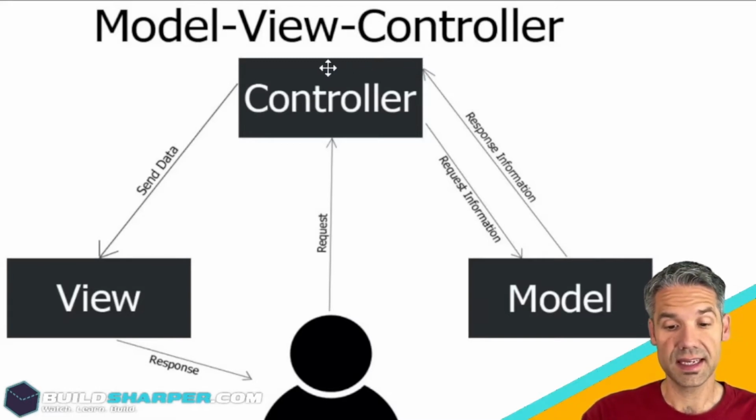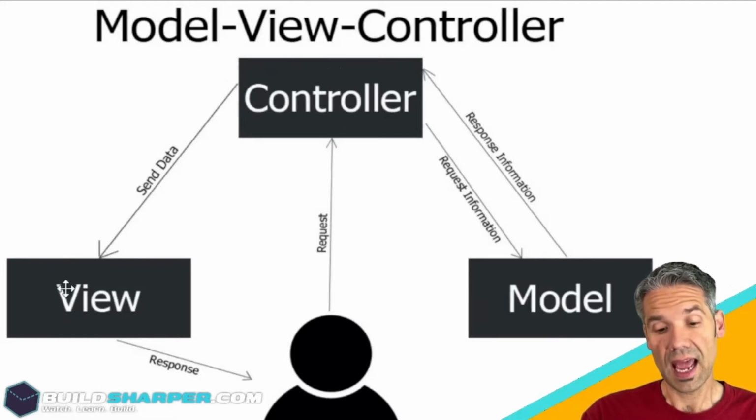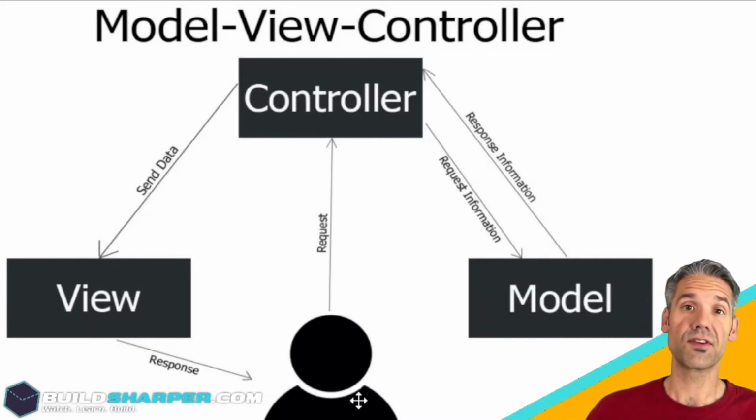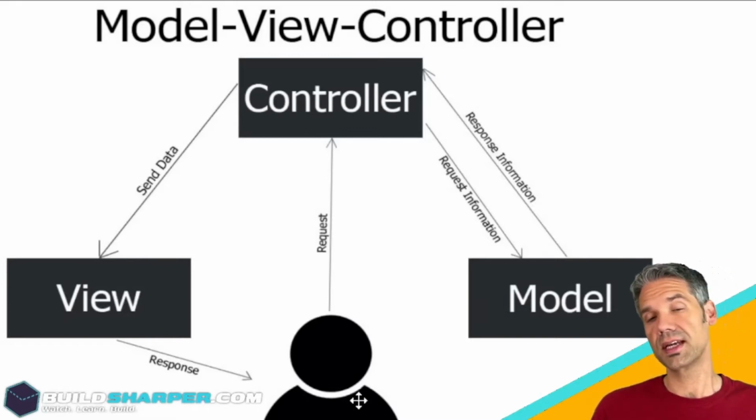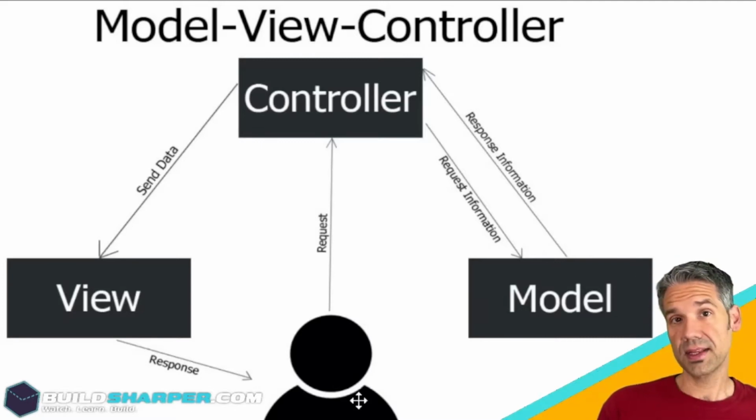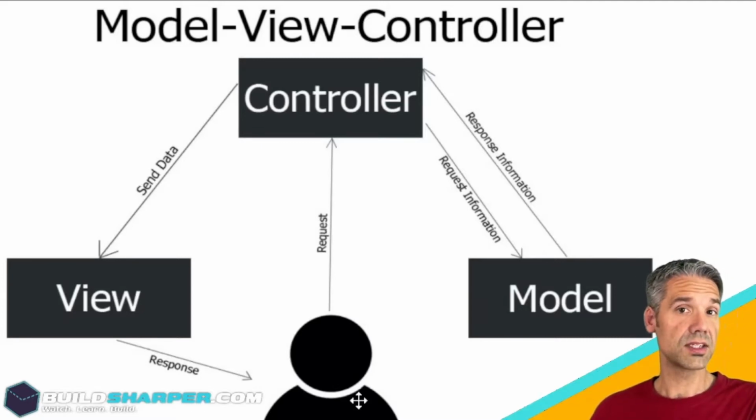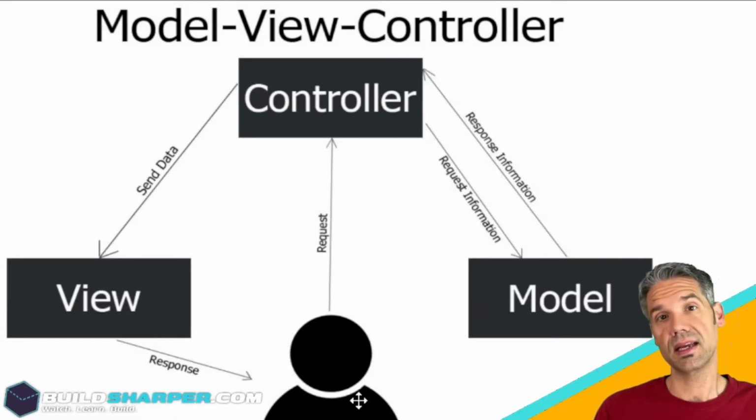And the data is then sent on from the controller to the view, and then the view is the response back to the user. So you can see from the user's perspective, they're saying to the application, I need this, XYZ. The controller is then in charge of gathering the data, sending it to the view, and then presenting it